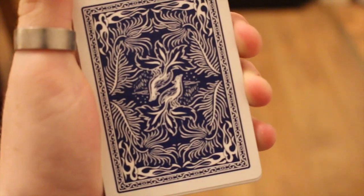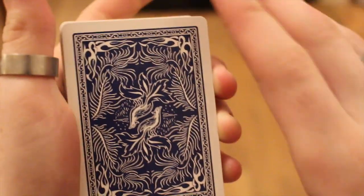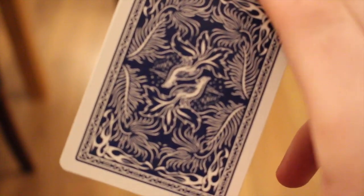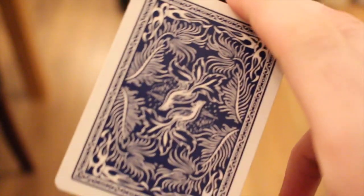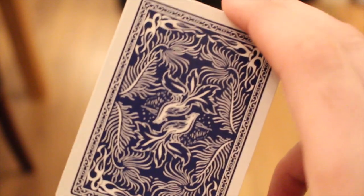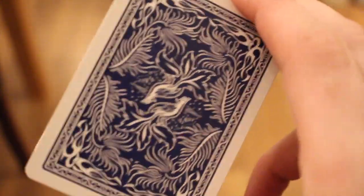You can see it has 2 phoenixes in the centre and it has these kind of leaves in the branches in the deck with different shades of the white and the blue design, and it has this nice border that goes around. It makes for an intricate design. It has like this S and then a dotted pattern and then an S that goes round. But all round it's a very unique and simplistic back design that would look absolutely awesome if you're performing with,